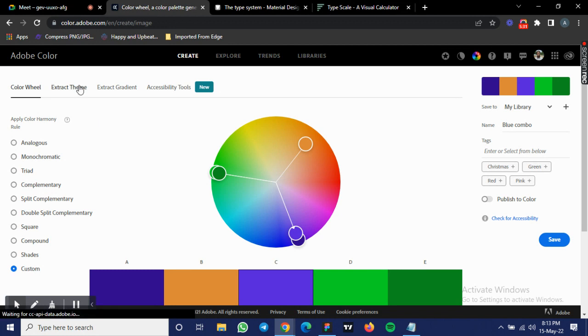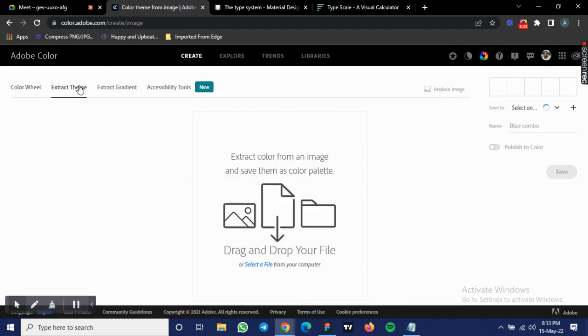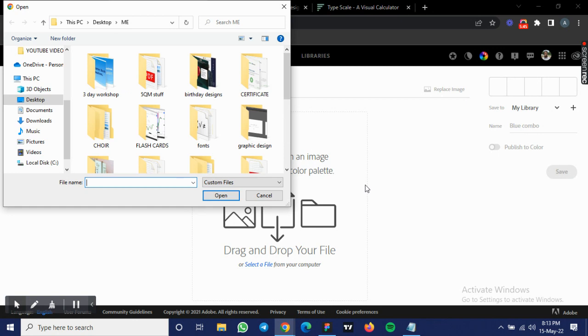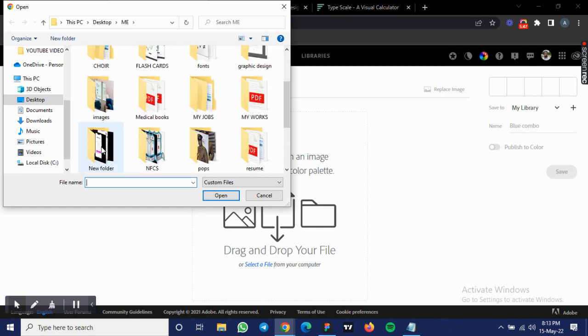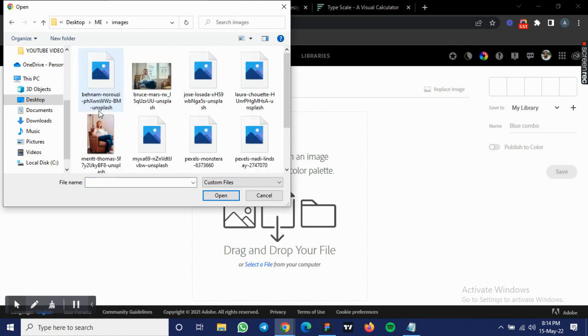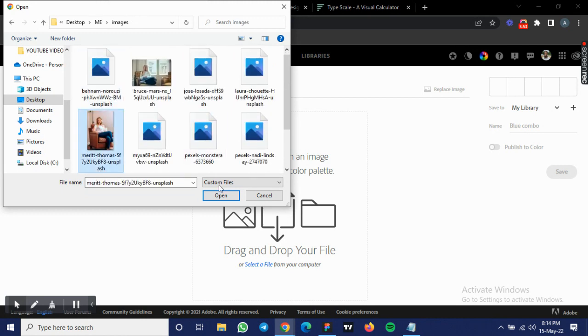they give you a logo, for example, and you want to extract the color theme from there. You can just import the logo. Let's see if we can do something here. You import the logo to this, and it extracts the color for you. So I don't know what to import. Basically, I don't have any. Okay, I think I have some designs. Okay, I have this picture that I used for one of my